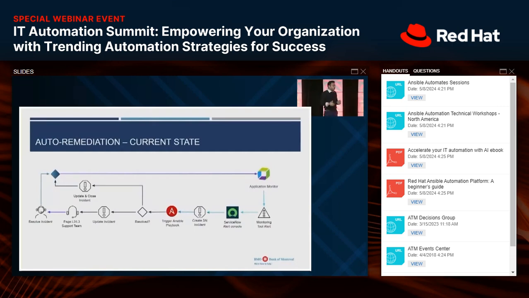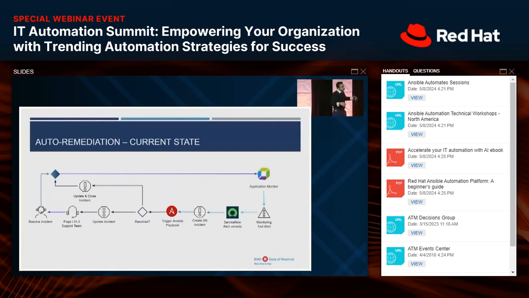Once the playbook completes its run, it comes back to ServiceNow and says, did I fix the issue? If yes, it will update and close the incident, and then go back to its BAU state of monitoring. If it did not, it will update the incident with the information on why the playbook run failed. It will remove itself as an automated mechanism and give it to the security operations team, which is basically our SOC team that does 24/7 monitoring of the incidents, and then they will page out the respective L2 and L3 support teams. So that's how the current flow looks.